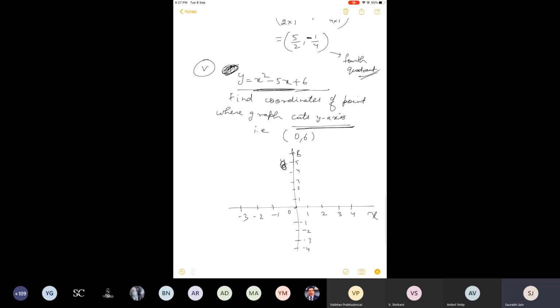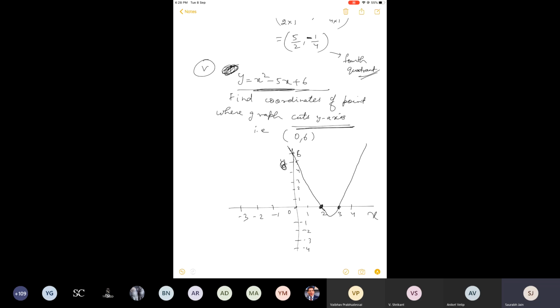Shape is parabola, roots are 2 and 3. It is opening upwards. Kindly note the graph. And see, it is freehand sketching. Don't expect a perfect parabola here. Everything that we have written has been used in this graph. First thing, a is positive, so mouth upwards. Secondly, it is cutting the x-axis at 2 points.